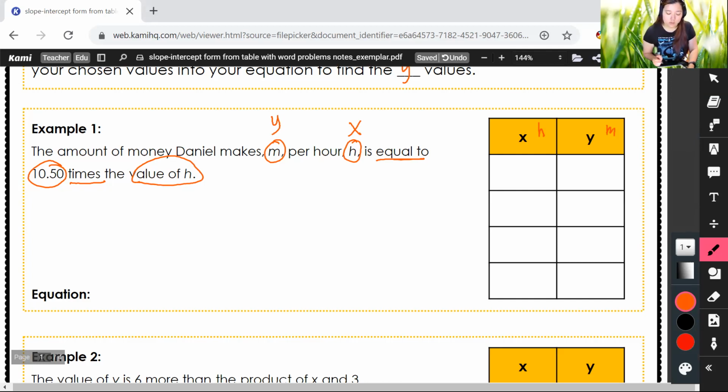Right? So we need to first figure out our equation. It says the amount of money Daniel makes per hour, so it's M, that's the amount of money he makes, is equal to 10.50 times, it's literally times the value of H. So when we have a variable and a number next to each other, that means we're multiplying them. So we don't have to write 10.50 times H or anything, because I think that as we're working with equations,